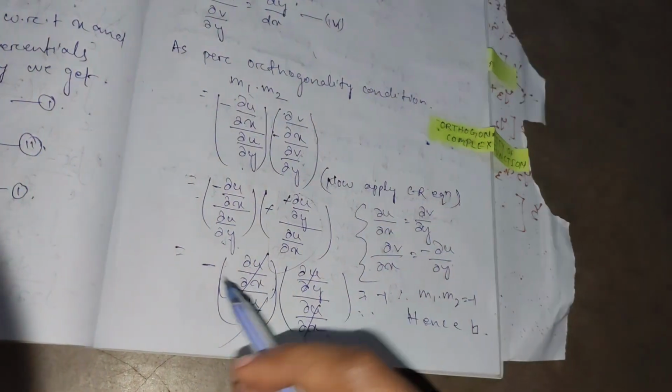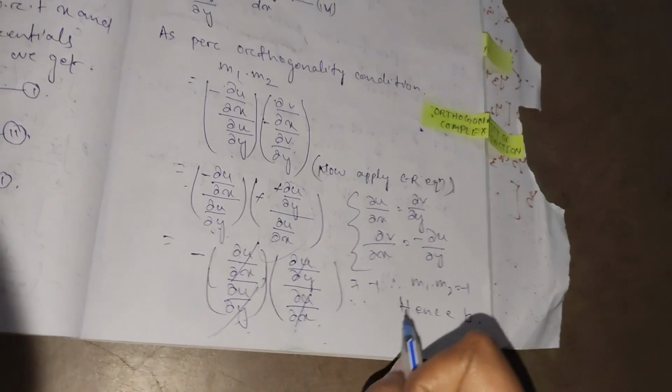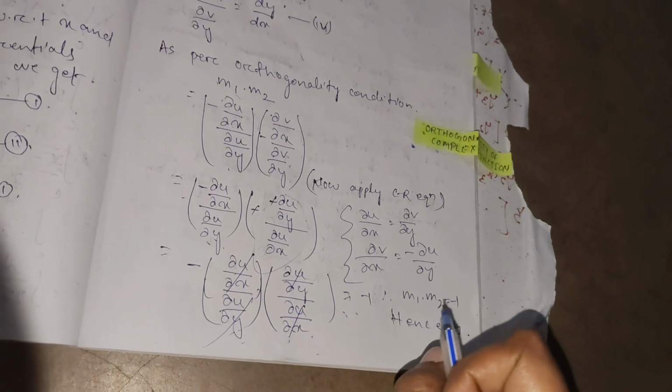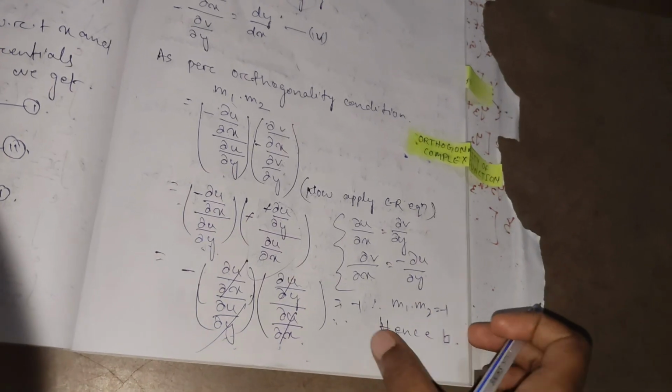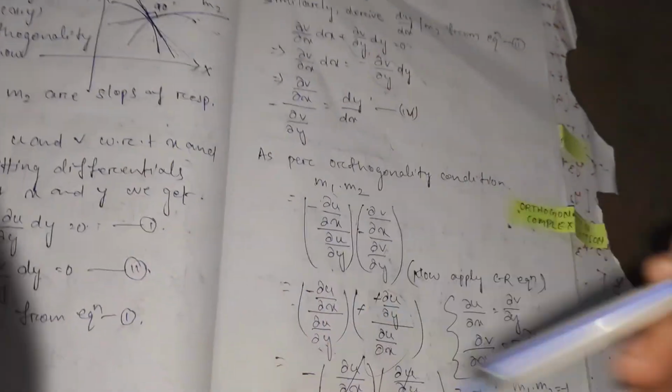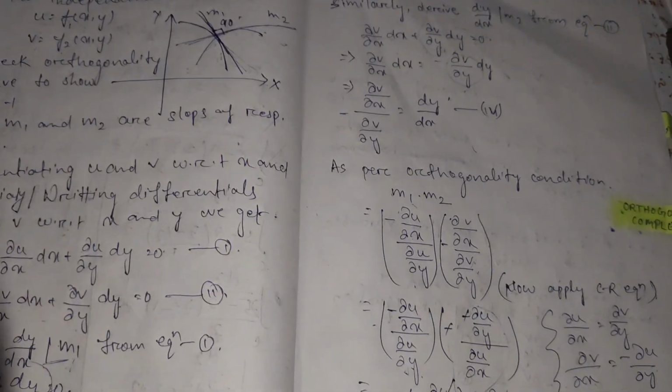By cancelling, I get the answer minus 1, that is, m1 multiplied by m2 is equal to minus 1. That is, the product of the slopes of the two curves, the slope of u and the slope of v, is equal to minus 1. It satisfies the orthogonality property of two curves. So by following this method, we have solved our